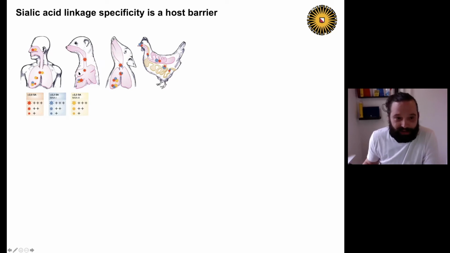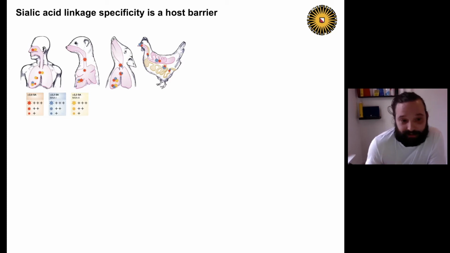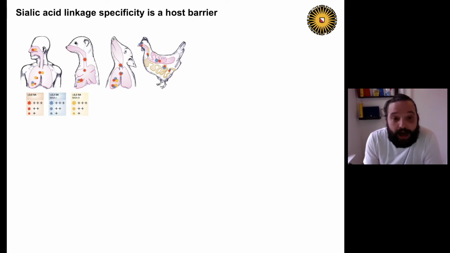Interestingly enough, ferrets, our favorite animal model, have a similar receptor distribution in their respiratory tract. Also a lot of alpha-2,6 linked sialic acid in their nose, and they sneeze. Pigs, on the other hand, also express a similar sialic acid linkage distribution, but the majority of them are actually modified in N-glycolyl, and I will touch upon that a little bit later. Whereas in avian species, we see predominantly alpha-2,3 linked sialic acids in their respiratory tract and also in the gastrointestinal tract, whereas a lot of these viruses in avian species have a different route of transmission.